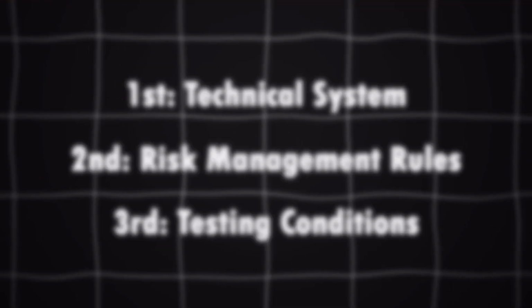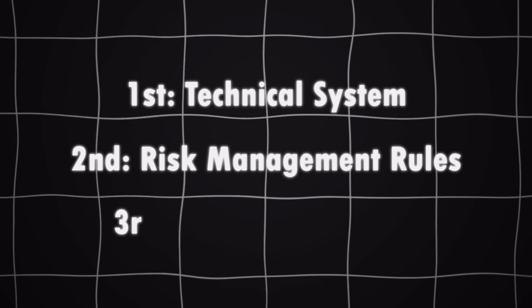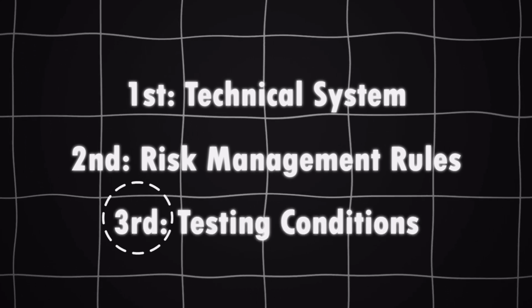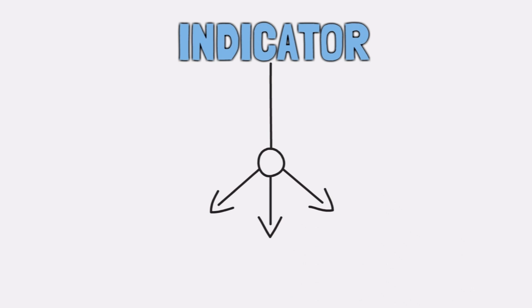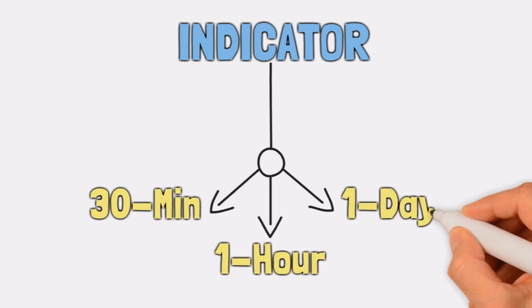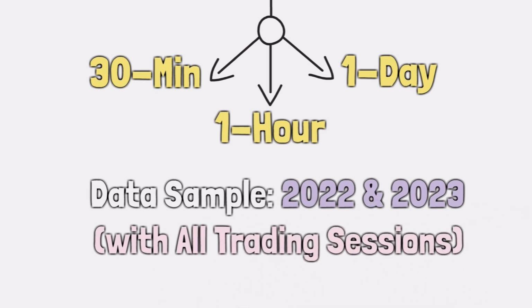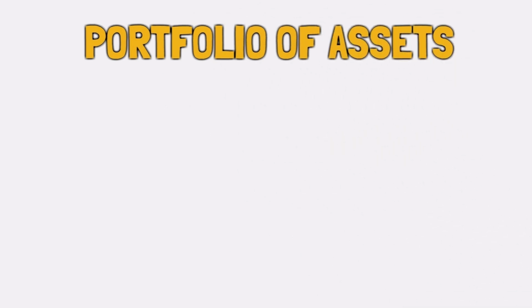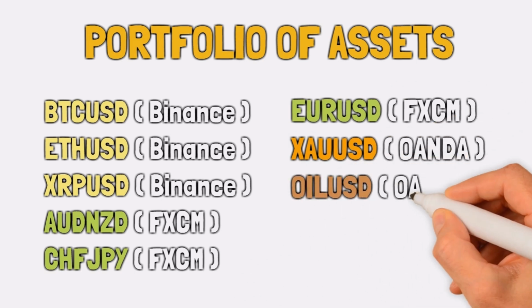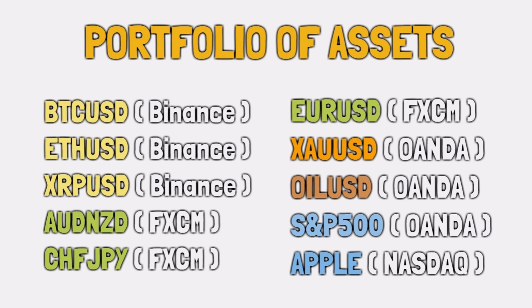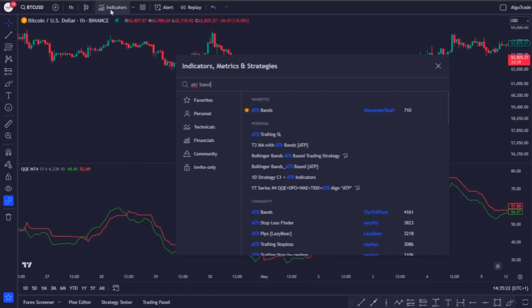To do this, we need three things. First, the technical system, second, the risk management rules, and third, the testing conditions. Regarding this last step, we'll backtest the QQE MT4 on the 30-minute, 1 hour and daily timeframes using data from 2022 and 2023 across a diverse asset portfolio: Bitcoin, Ethereum, XRP, 3 currency pairs, gold, oil, the S&P 500 index and the Apple stock. For the risk management, I will use the same method as in all the other episodes